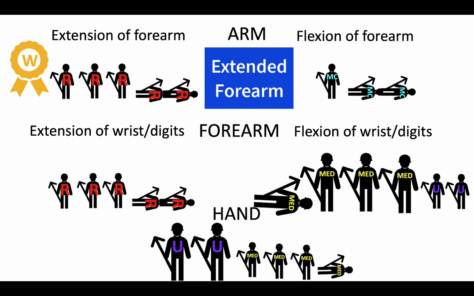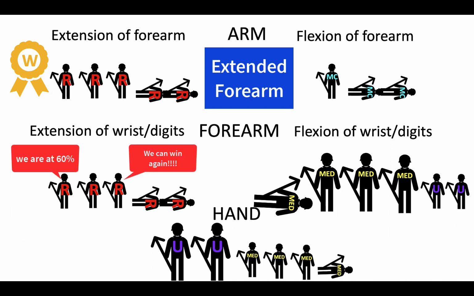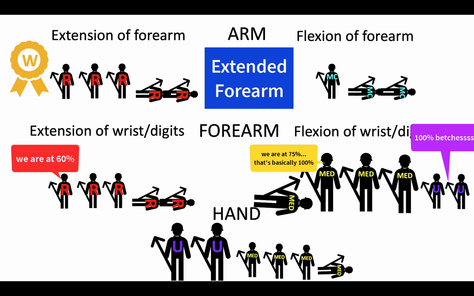Innervation of the posterior forearm muscles is radial nerve again, so extensor side is still radial, but this time radial is in competition with median and ulnar nerve, who share control over the anterior forearm muscles. Now, like I said before, it's mainly median nerve innervating these anterior muscles, but ulnar does contribute. Radial nerve's 60% function may have won the arm compartment forearm position battle, but the wrist and digits fight is dominated by median and ulnar nerve. Median is functioning at 75% and ulnar is at 100,